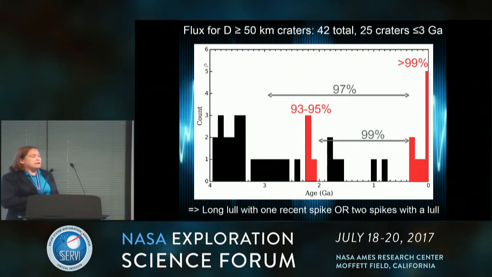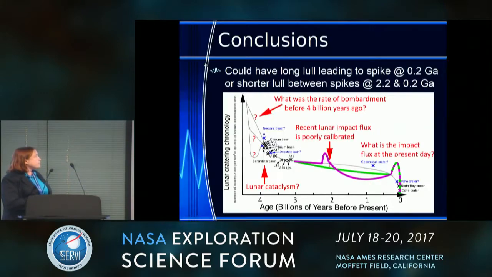And then finally, getting all the way down to 50 kilometer craters, we again see the trend we saw at about 70 kilometers, with this very recent spike, a potential spike at 2.2, and then either a lull to the very recent spike or a lull between the two spikes. So, to conclude,